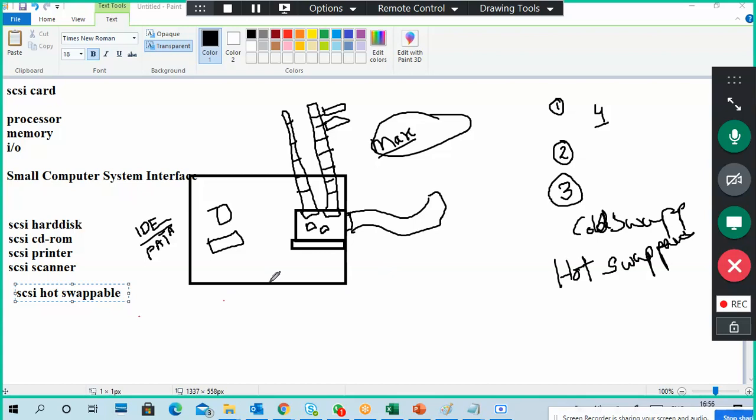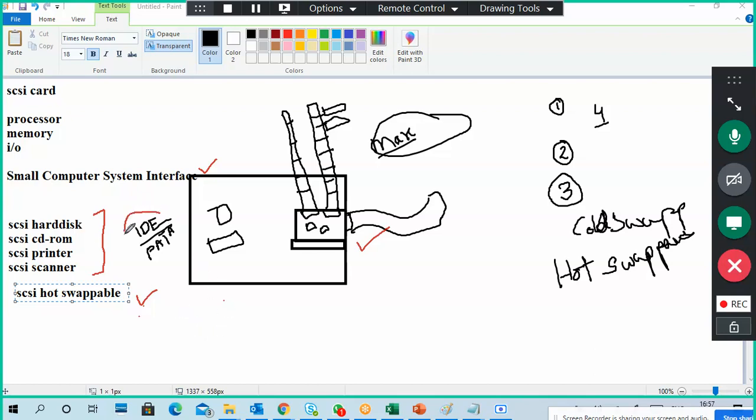Okay, guys, all these points are clear. SCSI, small computer system interface. Different types of SCSI devices are there. It is a system interface, so we can connect multiple types of devices like a SCSI hard disk, CD-ROM, printers, SCSI scanners. It is hot swappable, which means without shutting down your PC, you can connect a disk and remove the disk also. Most of the disk-related processing will be taken care of by your SCSI adapter only. So this is about your SCSI.